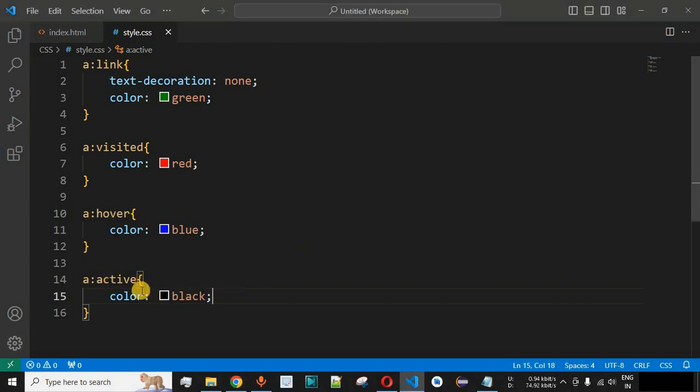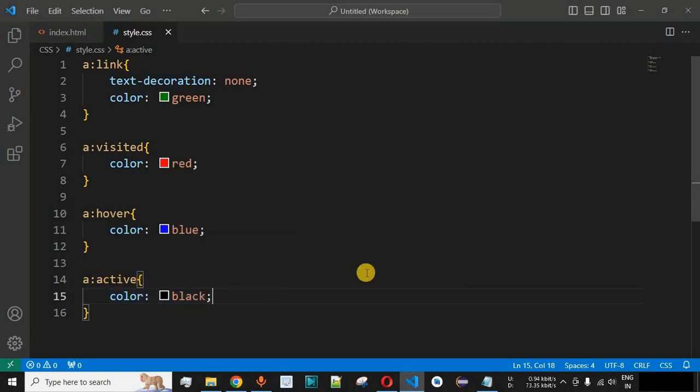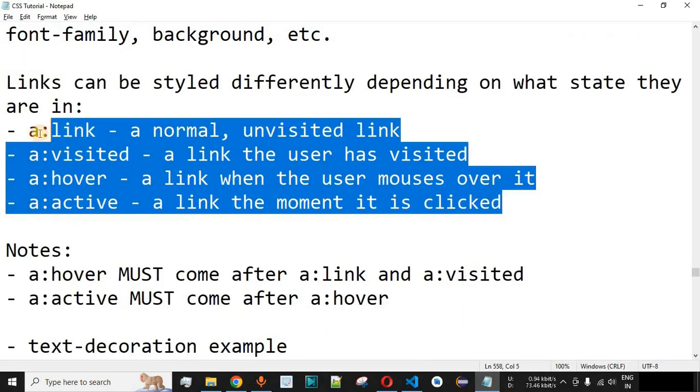Now guys, the CSS properties defined in the active state will be implemented when we click on that particular link. So let us check that as well. So when we hover on this particular link, as you can see, blue color is getting displayed, and when we click on this link, as you can see, the color of the text has been updated to black color, and in this way the active state is getting implemented over here. So guys, in this way you can set any of the CSS properties for all these 4 states of the anchor tag.